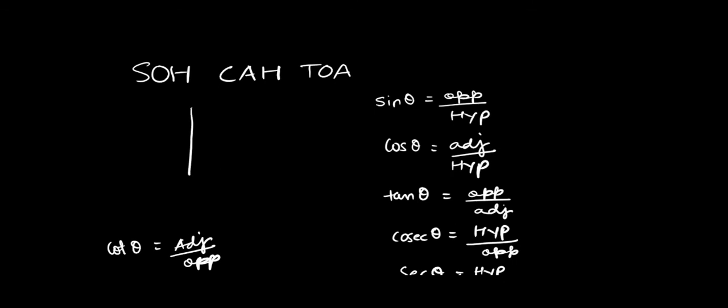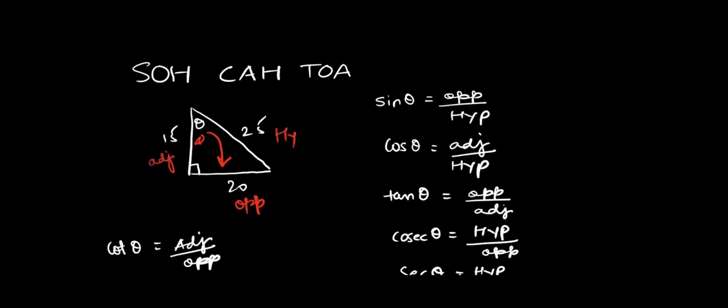So let's take a different type of question. You will get a clear idea. Let's take another right angle triangle, and let's put these numbers 15, 25 and 20, and this is our theta. Opposite to theta is the opposite side, adjacent to theta is the adjacent side, and this is our hypotenuse.